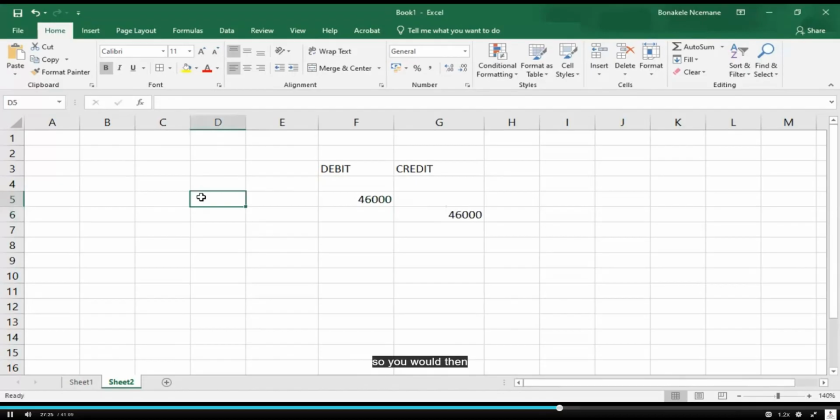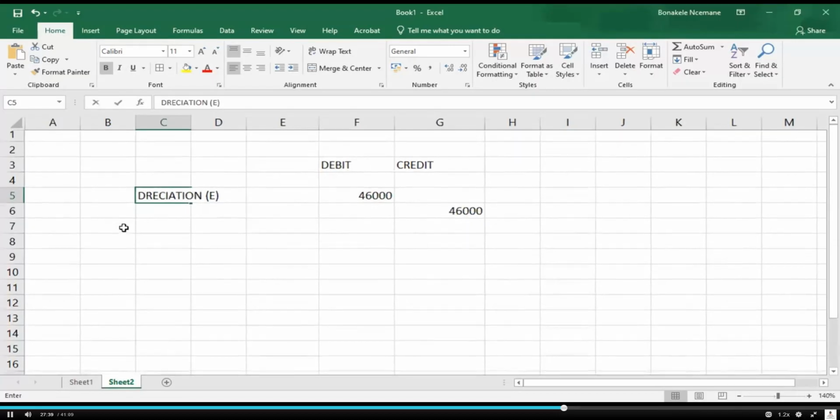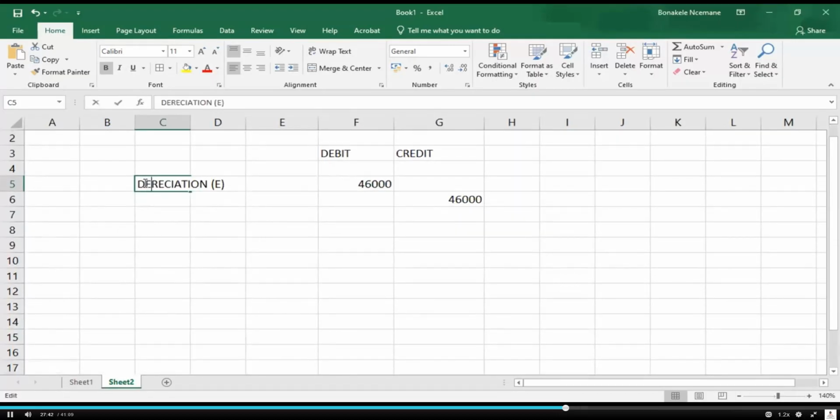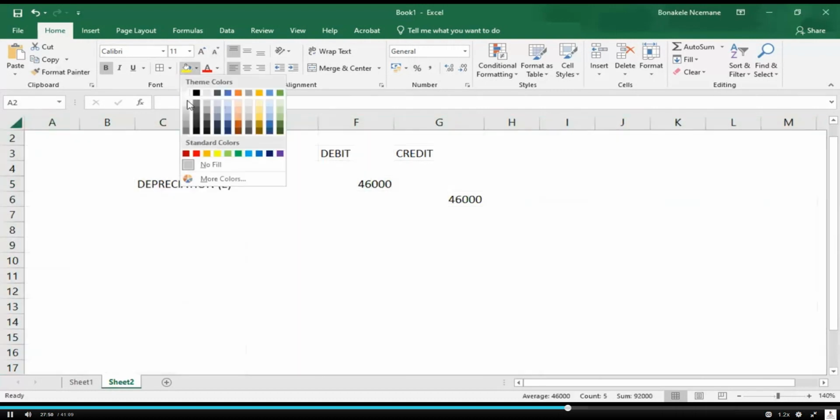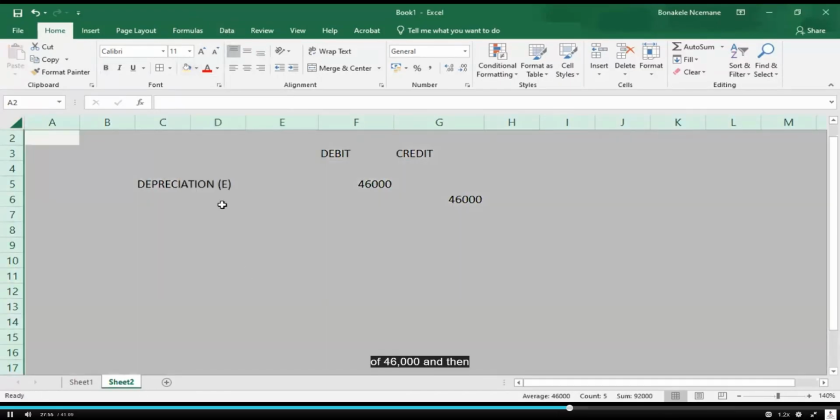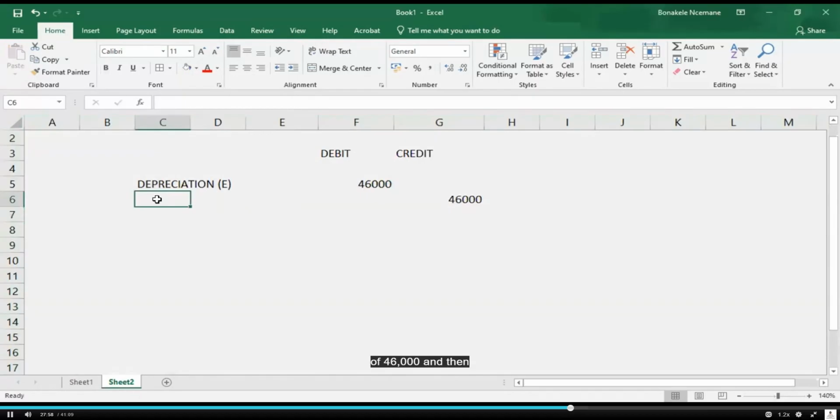So you would then debit depreciation expense of 46,000, and then credit accumulated depreciation of machinery